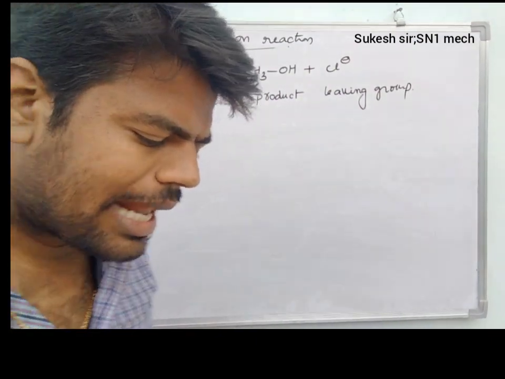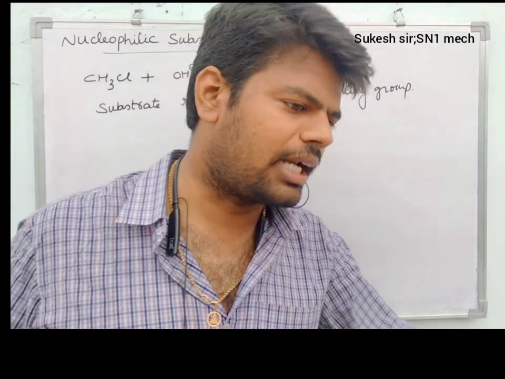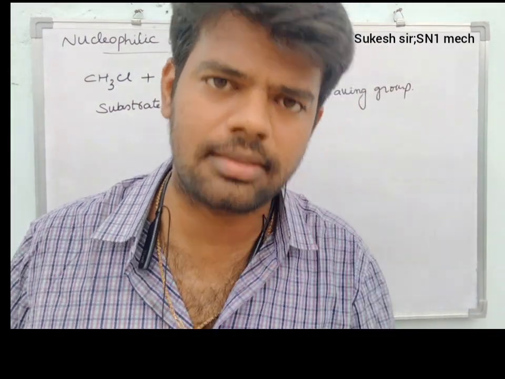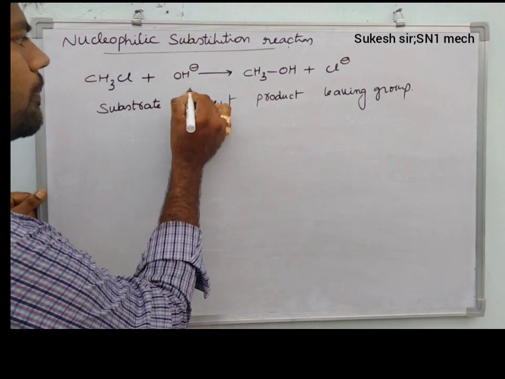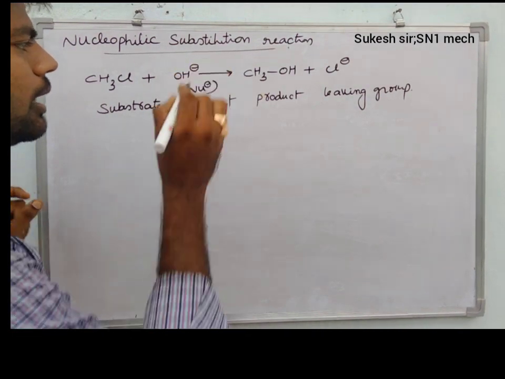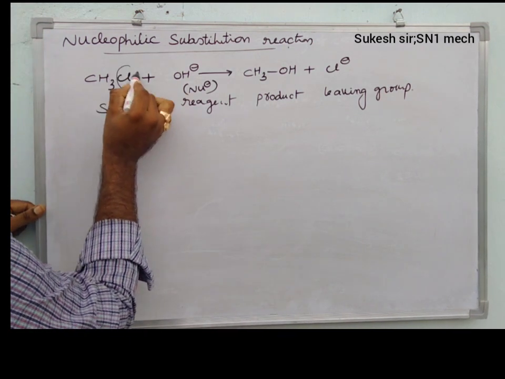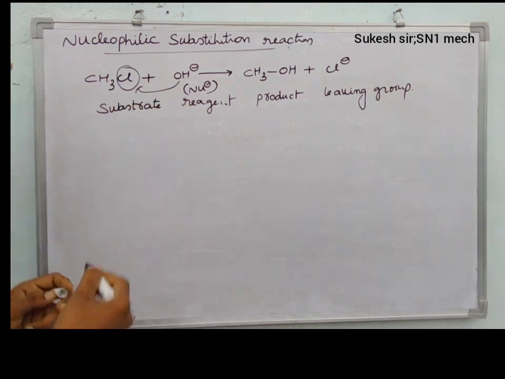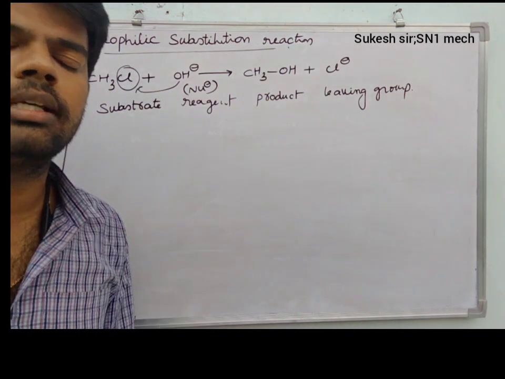We know that an atom or a group having a high electron density, if attacking takes place on the electron deficient site, is said to be a nucleophile. Generally OH minus acts as a nucleophile. Observe, the OH minus will be replaced in the place of Cl minus. We know that the replacement of a nucleophile in the place of another nucleophile is called